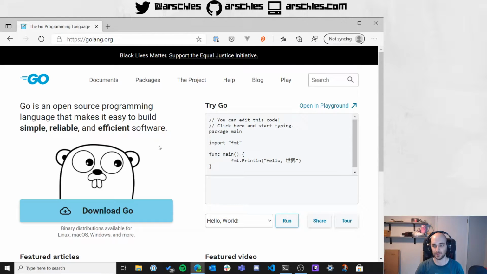So I'm going to be showing how to write Go code, and Go is actually used to implement containers and Kubernetes. I'm going to show how to write Go code, how to package it up in a container, and then how to deploy it to Azure as a container. So the first thing is Go. Go is a relatively new programming language, and it provides a really easy way